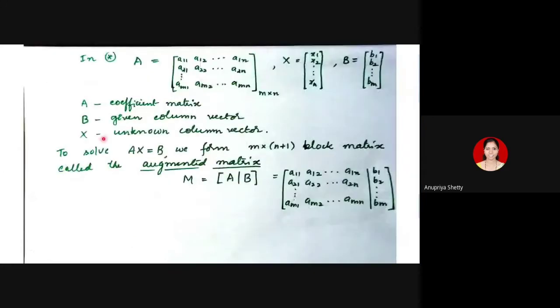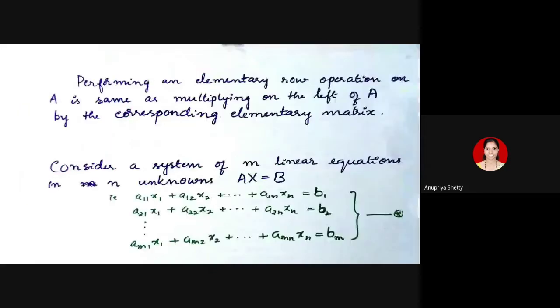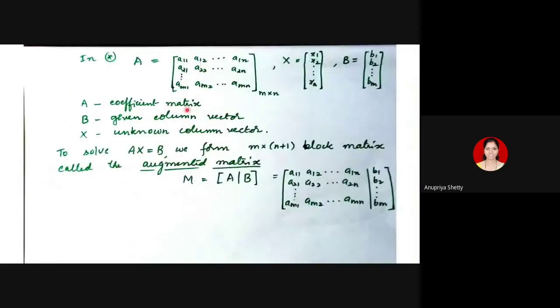When you write it in matrix form, this is how it looks: Ax = b, where A stands for the matrix whose entries are the coefficients from those equations. Coefficients from the first equation give the first row, coefficients from the second equation give the second row, and so on. So the rows are a11, a12, ..., a1n, up to the last row am1, am2, ..., amn. Then x is the column of unknowns x1, x2, ..., xn, and b is the column on the right-hand side.